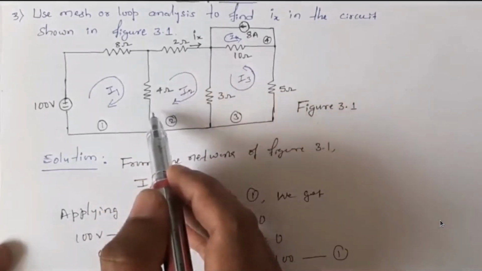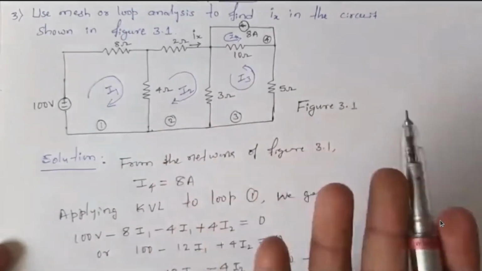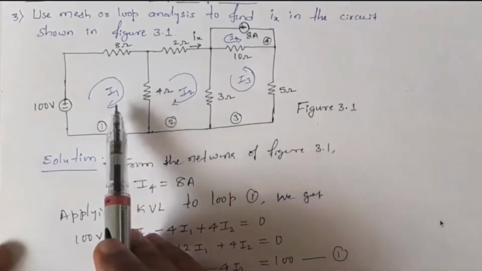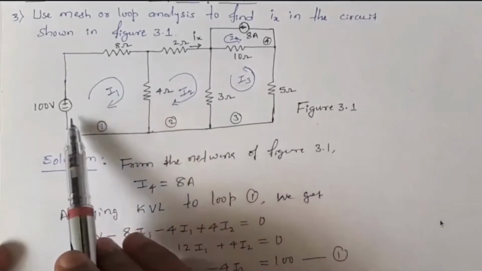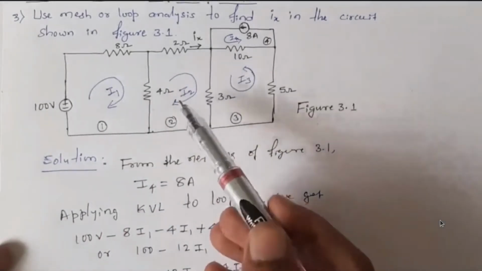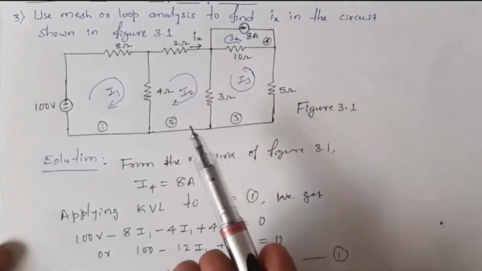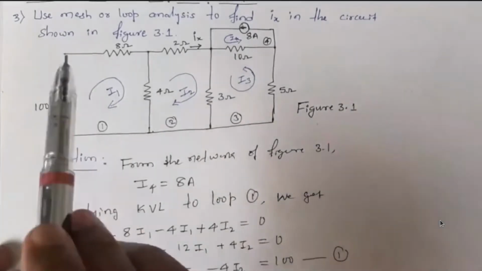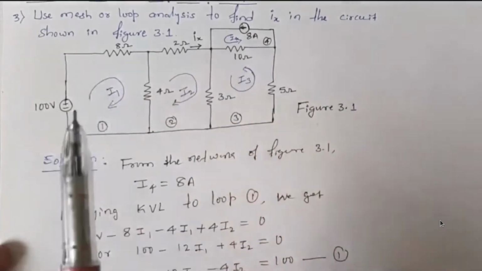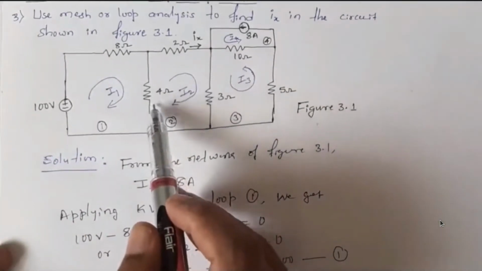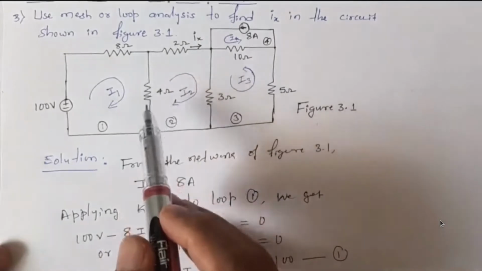If I take positive to negative, you can take either positive or negative, it doesn't make any difference. Say, for example, while making the equation for I1, I may take negative to positive as positive. While making an equation for, say, I2, I may take negative to positive as negative. Okay, so there is no problem. The only thing is, for that particular equation, you should properly follow the rule. Here, let us consider from positive to negative, I'll take a positive.